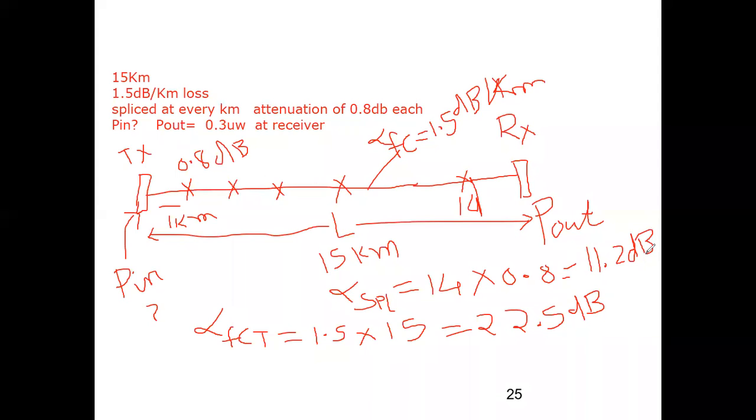So हम current problem में I have the splicing loss and I have the total cable loss. Now what you do is you calculate alpha total. So total attenuation loss will be this one, splicing loss plus the cable loss. Okay, so that 22.5 plus 11.2, that comes out to be 33.7. Please do it. It's an important question from both the exam and SEM plus IE. या IE2 में रहेगा ये वाला, IE1 में नहीं.